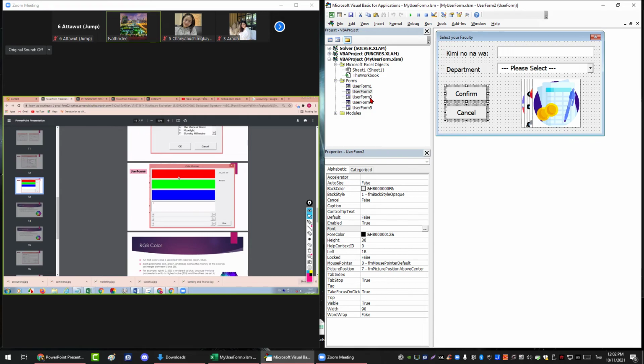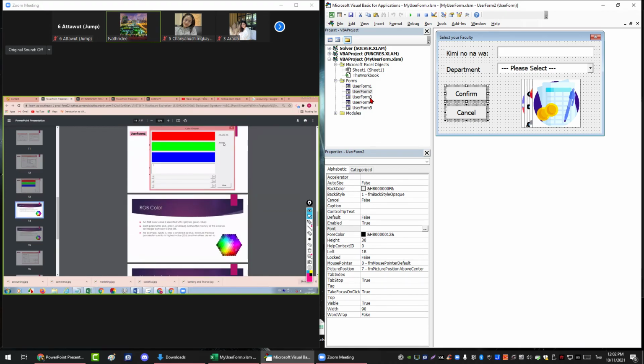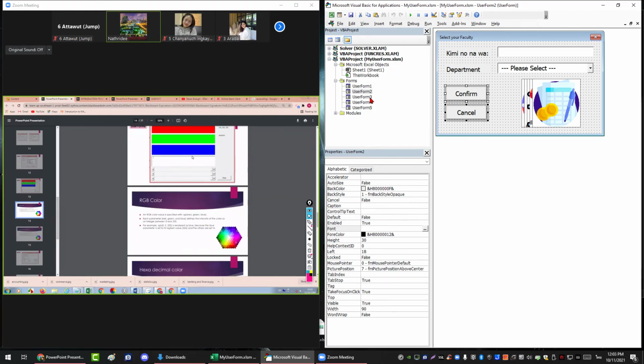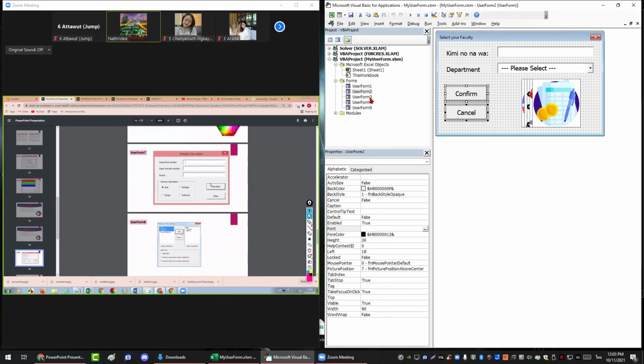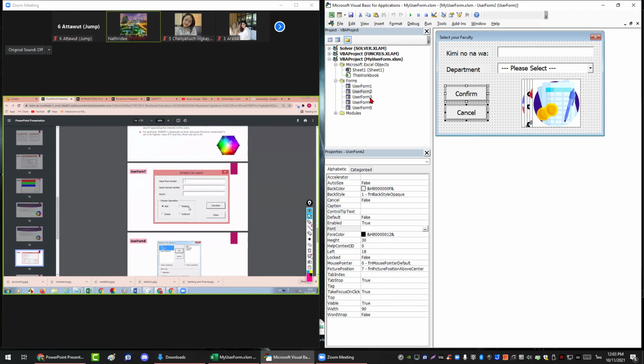You know already that if you mix red, green and blue it becomes white, right? This is the hex of this. RGB color, red green blue, and this is what I call hexadecimal color, showing that it is white. So this is your first exercise, your first homework, and the second homework here